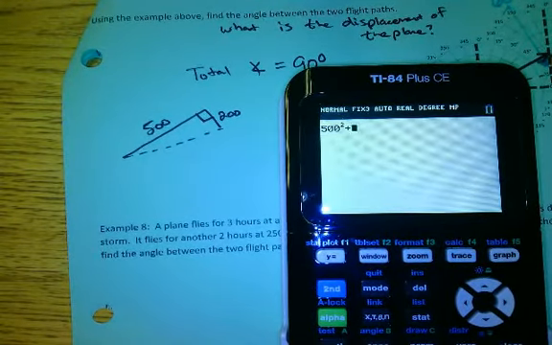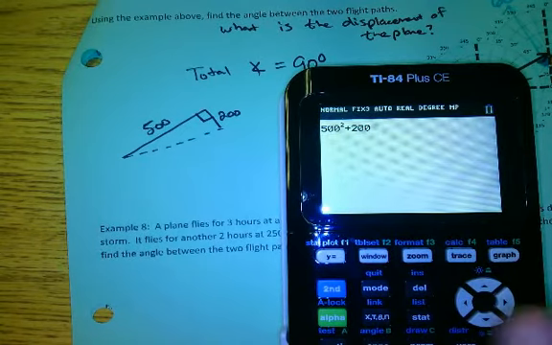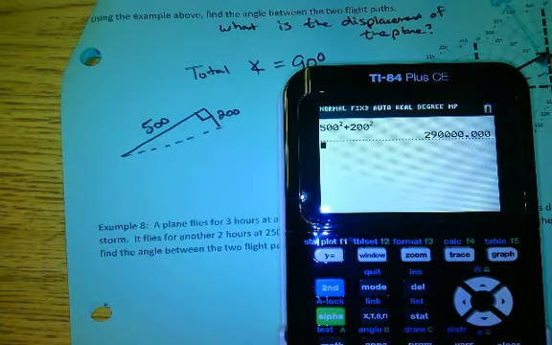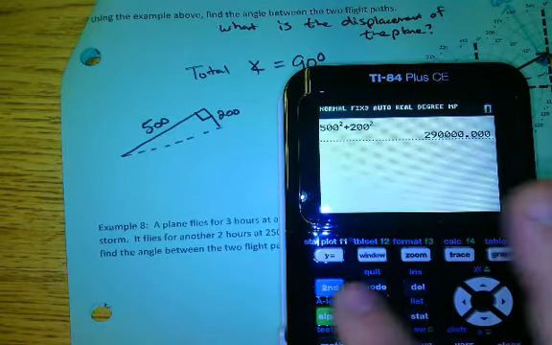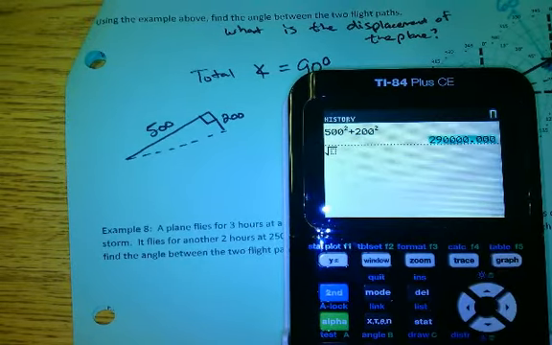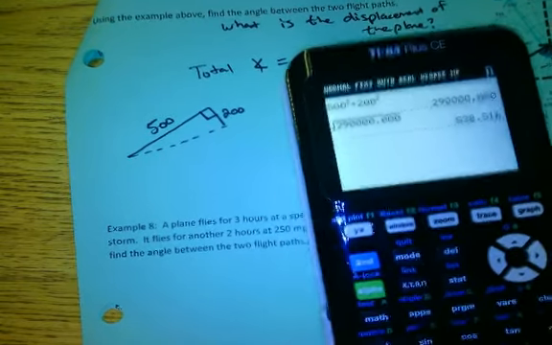500 squared plus 200 squared. So the answer is 290,000. No, you gotta take the square root of it. Okay. So we're gonna get